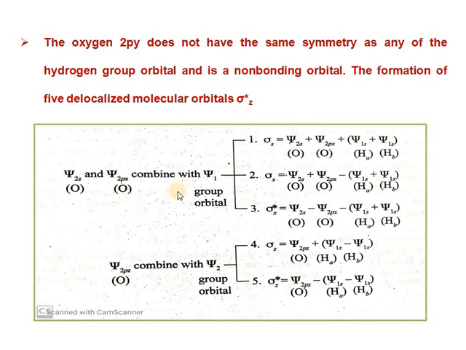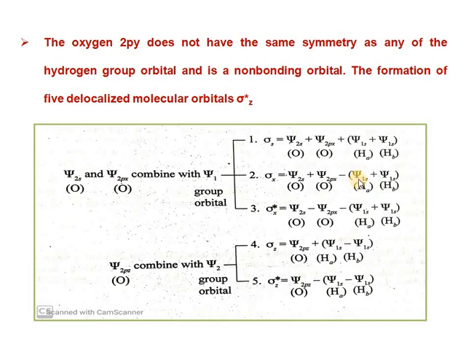Like the sigma s molecular orbital, which is formed as a bonding orbital: psi2s plus psi2px of oxygen plus the group orbitals, psi1s plus psi1s of the hydrogens. And the second molecular orbital is formed as sigma x, a slightly bonding molecular orbital. It is formed from psi2s of oxygen plus psi2px of oxygen minus